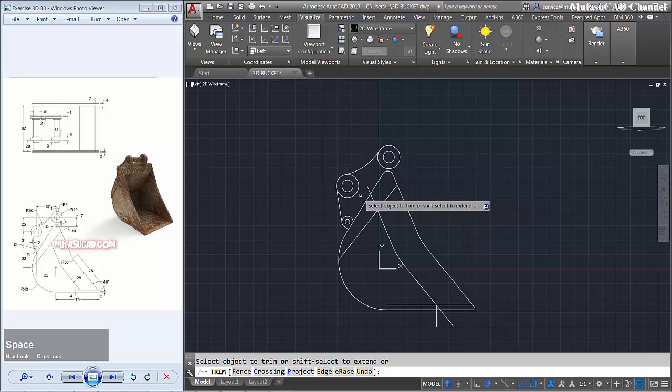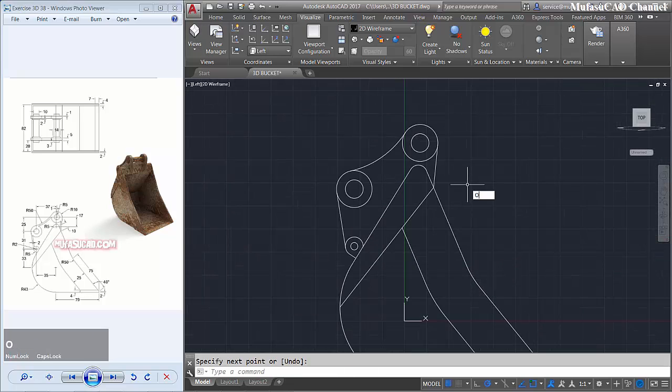Use the trim command to cut this line object in here, and then the last in here. I will create a line, start from this point with a tangent, connect to this circle object. Enter to finish. Now we offset with distance 2. I will offset this object to inside, and I will trim this object. You can trim this object one by one. The last we trim in here.